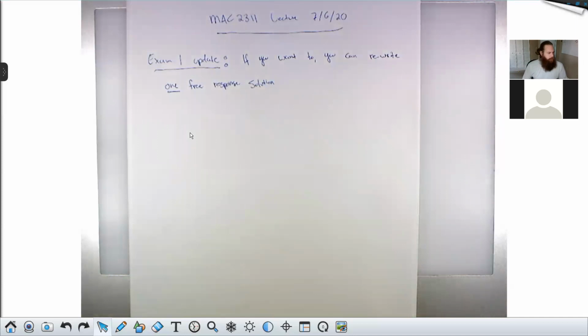So this is what felt like the closest thing to a fair way to allow people an opportunity to improve their grades on the test. Like I said, the average was actually right about where I wanted it to be. But the standard deviation was way too large. So we had a handful of people scoring right around the mean, and we had a handful of people scoring above it, but there was just such a wide curve on the distribution. I'd like to see it clustered a little bit more tightly, and so I thought this might give people an opportunity to bring their stuff up if they wanted to.